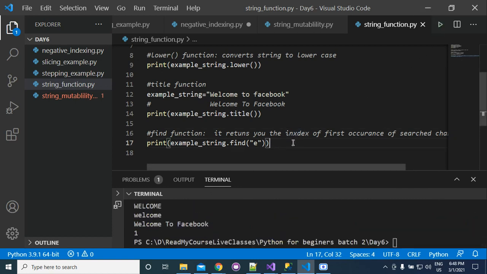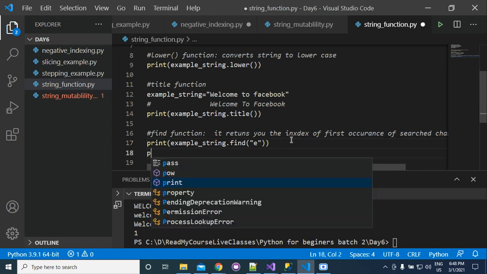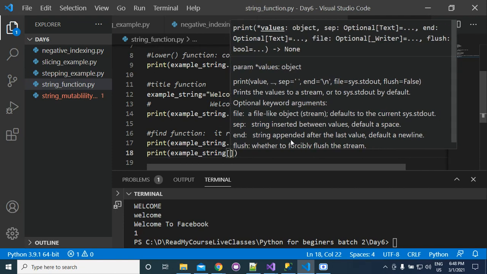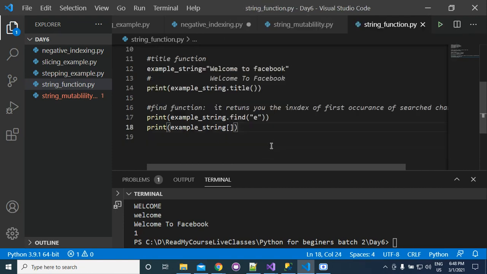If somebody asks you how you can find the second index, these problems are asked in interviews, then what will you do? You know that the first occurrence will be this value. Now we will take the string, slice it from 1 up to the end, and then find e again.